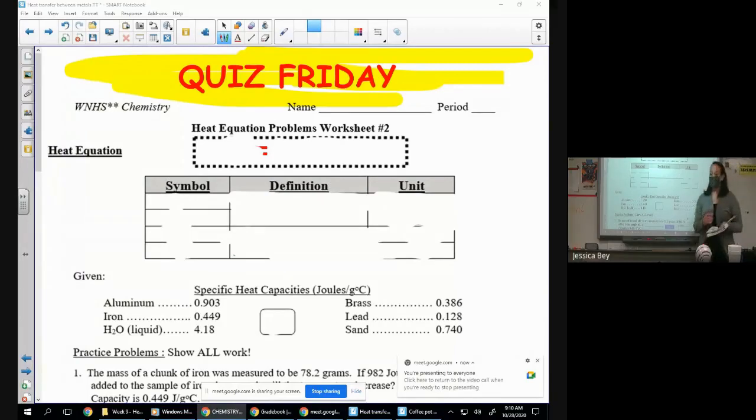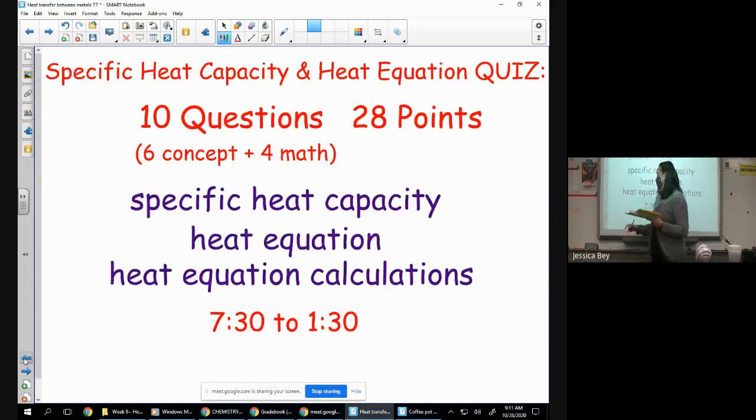All right. So today is going to be all about getting us ready for our quiz tomorrow. We did a lab yesterday where we talked about throwing different metals in water and did some Q calculations and stuff like that, but you haven't had a good amount of time to just sit down and calculate some Q on your own. The reason why you want to do that is because we do have a quiz coming at you